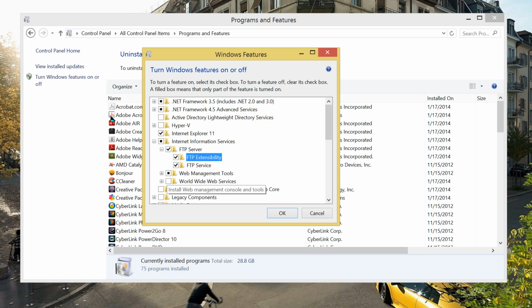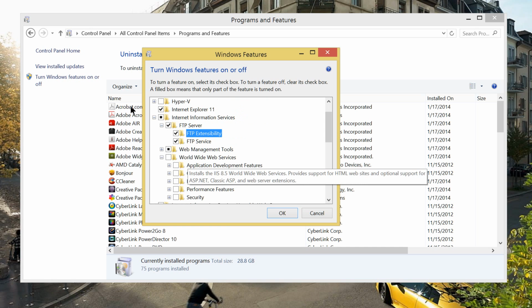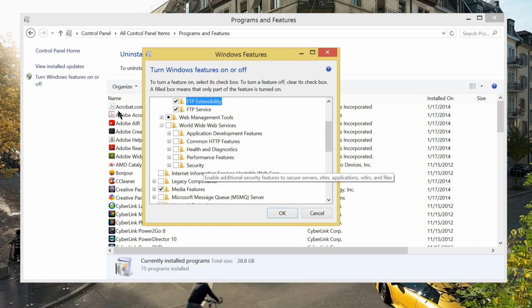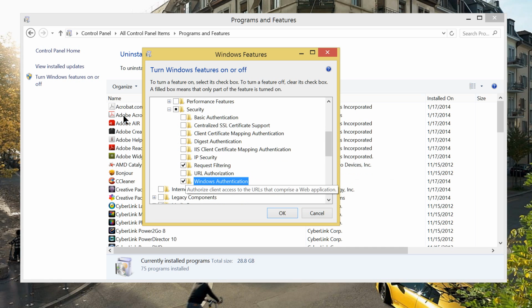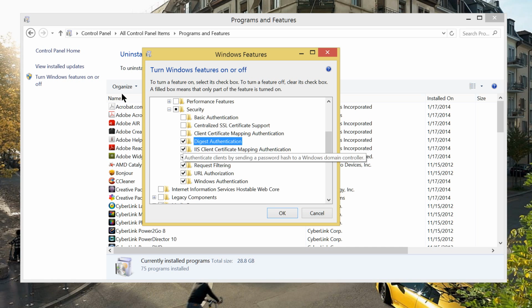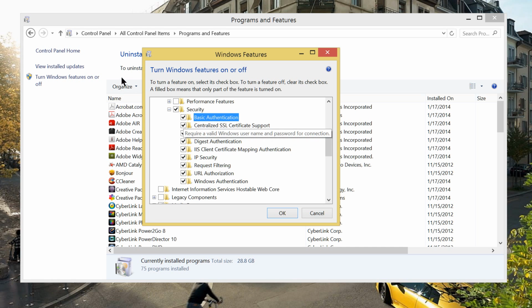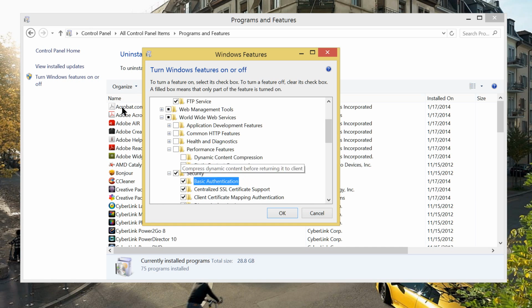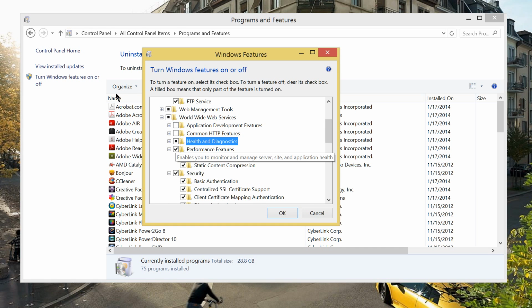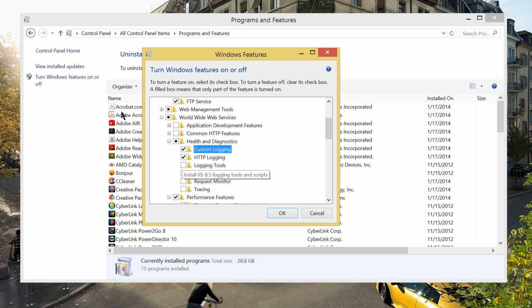Then go to World Wide Web Services, and I'm going to check all of this like this. Certain features only, but for the sake of experiment, I would like to click on all of this, and we will see what will happen.